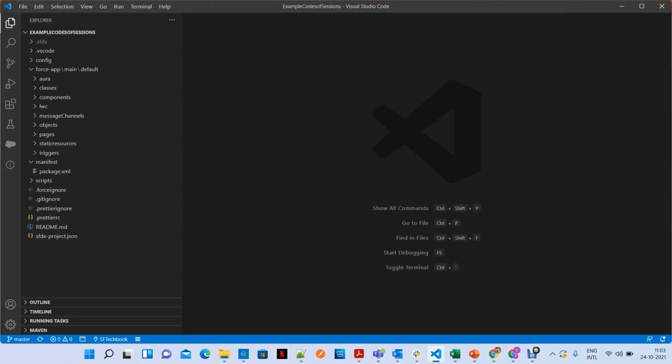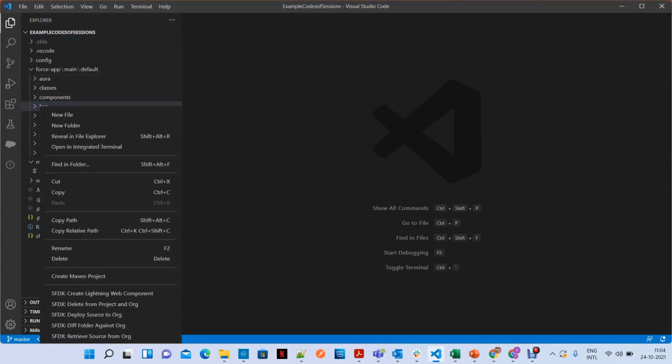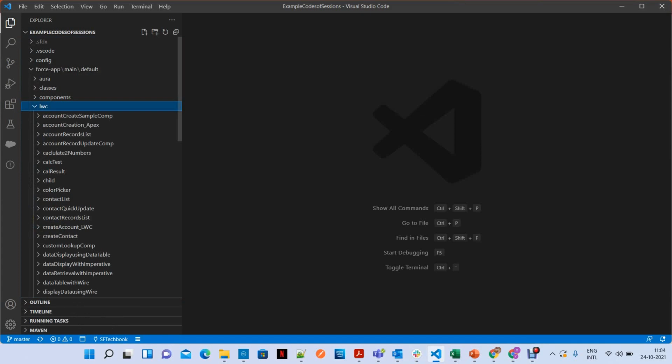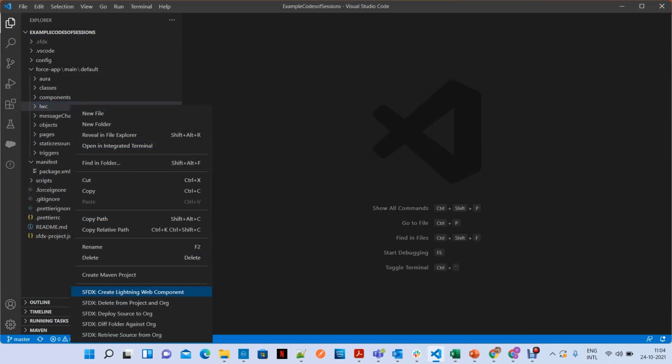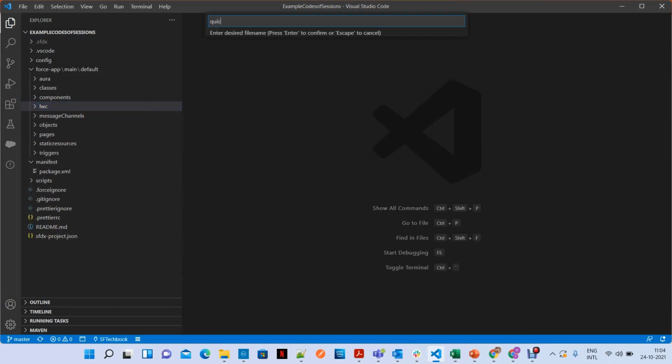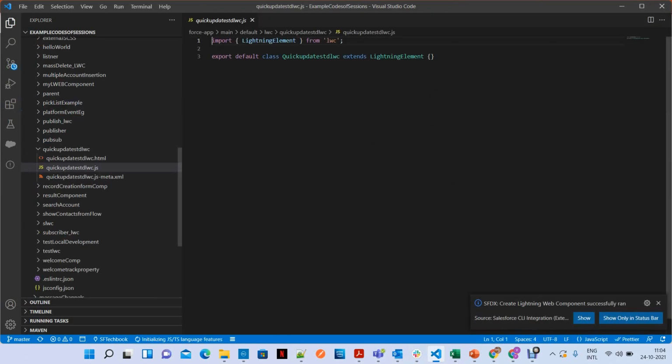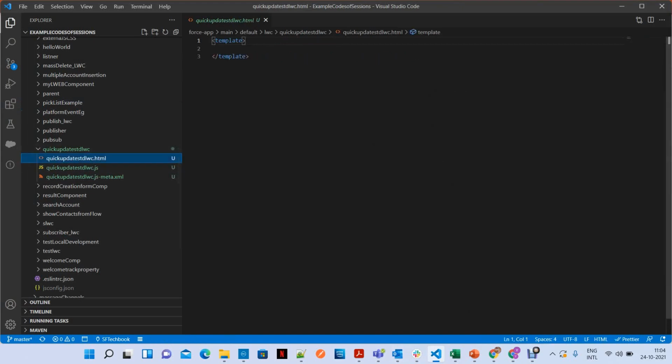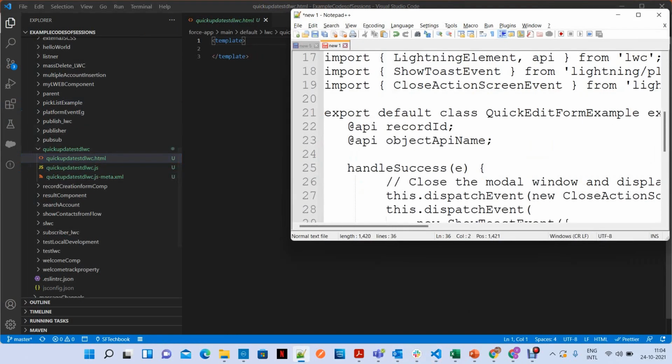I'm going to create a small component, quickUpdateStdLwc, on the student object. Let's prepare the user interface.